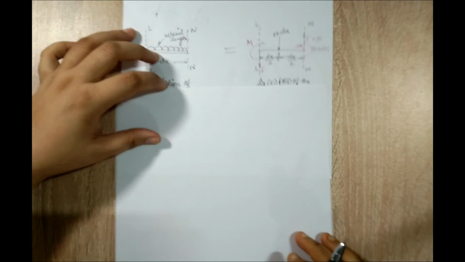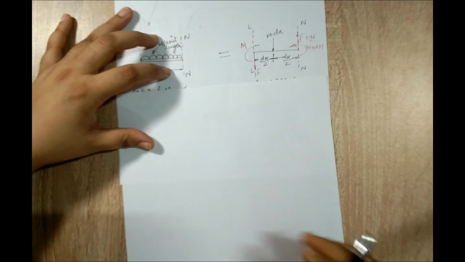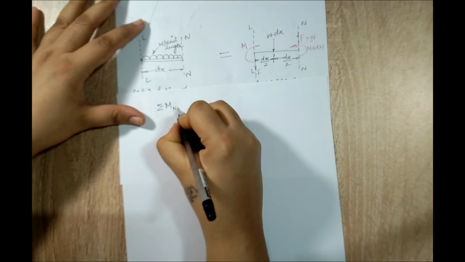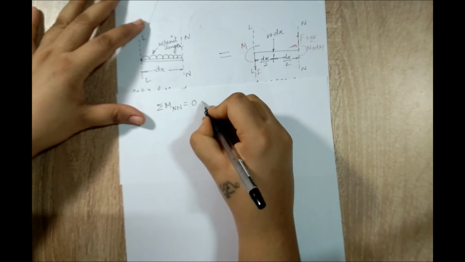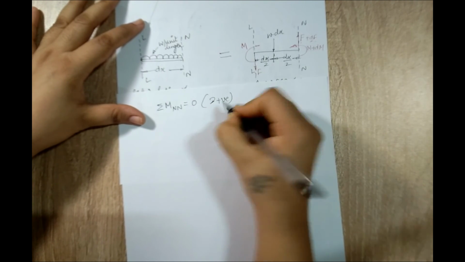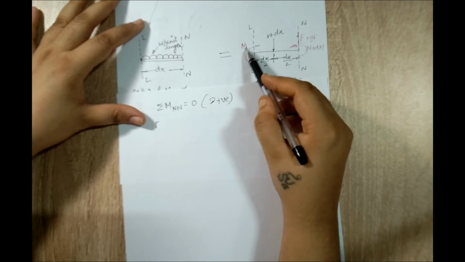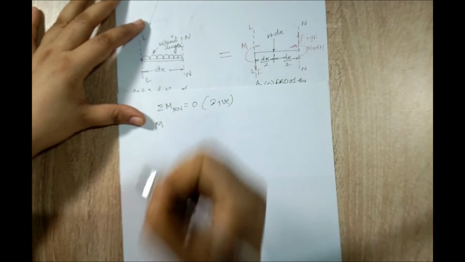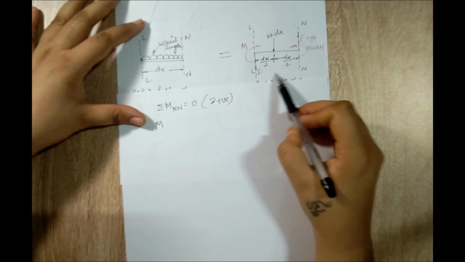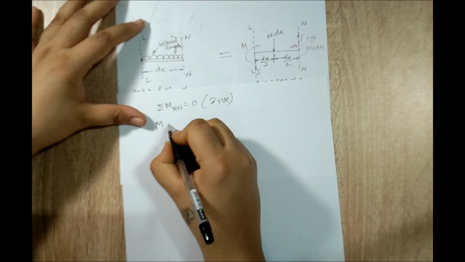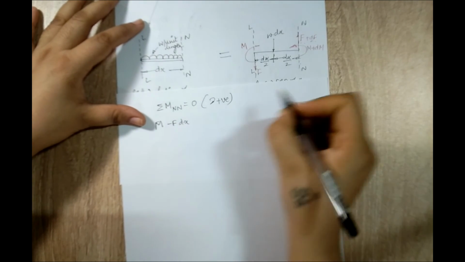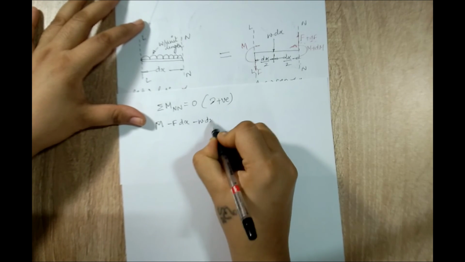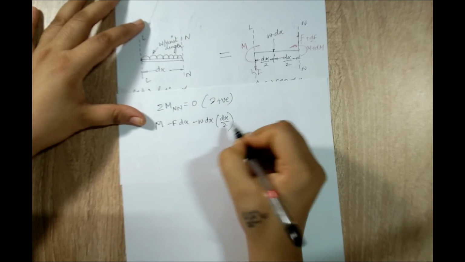Now let's take up another equation of D'Alembert's principle. Summation of moment about any section is equal to 0. Let me take about section NN is equal to 0. Let me say clockwise is positive. We will start with moment M turning towards NN section in the clockwise way. So I'll write down plus M as a first term. F is going anti-clockwise towards NN. So I can write down minus F into dx. W dx is also going anti-clockwise, so I'll write down minus W dx, and the distance is dx by 2.